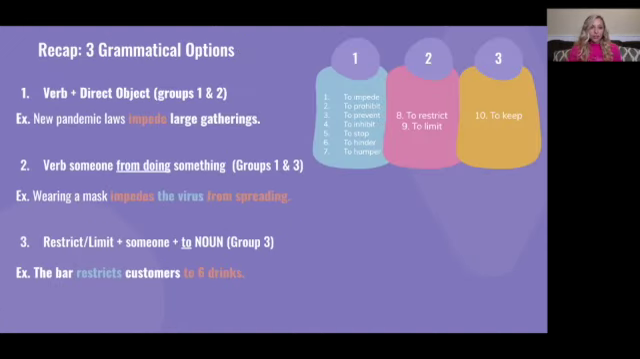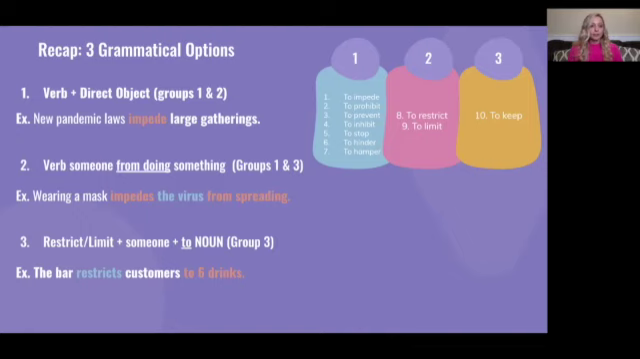So just a quick recap. Remember, we've got 3 groups of words and 3 grammatical options, but there is a little bit of overlap between the groups. So the first one is using these verbs plus a direct object or using them transitively. For example, new pandemic laws impede. Impede what? Large gatherings. And again, groups 1 and 2, so numbers 1 through 9, they can all be used